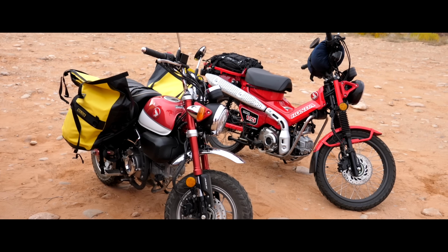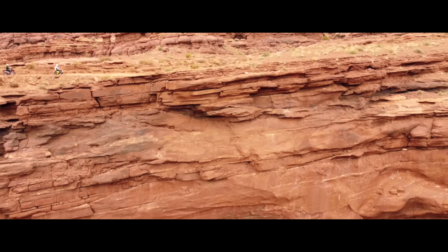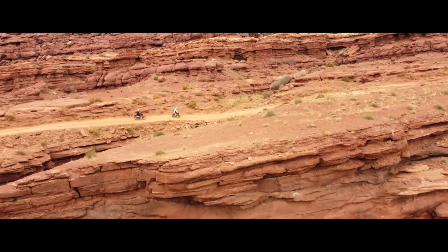Overlanding and moto camping is very popular right now, but adventure bikes are expensive. You know what's not expensive? Honda MiniMotos. We've got two of them right here, so we're doing a little mini adventure excursion here in